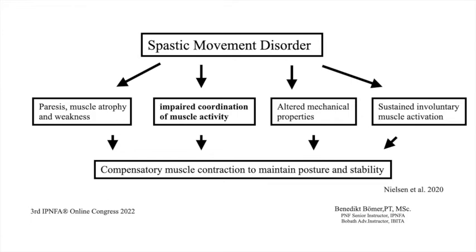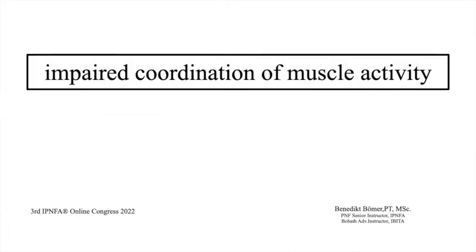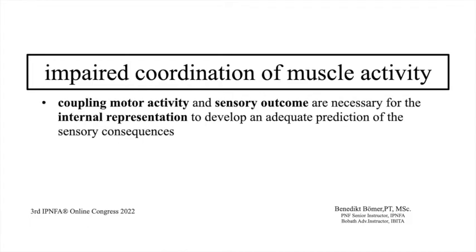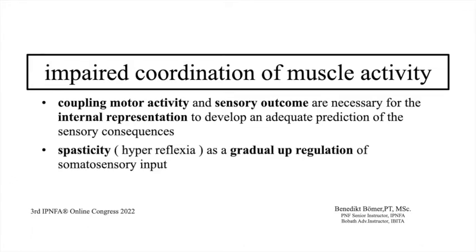And on this, we're looking now more in detail. Impaired coordination of muscle activity. So that we can perform postural activities automatically, we need the ability to couple motor activity and sensory outcome, because this is necessary for the internal representation to develop an adequate prediction of the sensory consequences. The hypothesis is that spasticity is a gradual up-regulation of somatosensory input. To understand this hypothesis, we have to look a little bit at this system of posture control and how it's